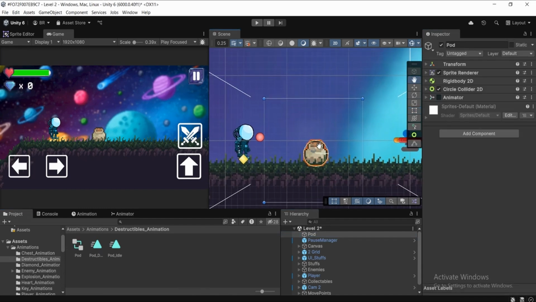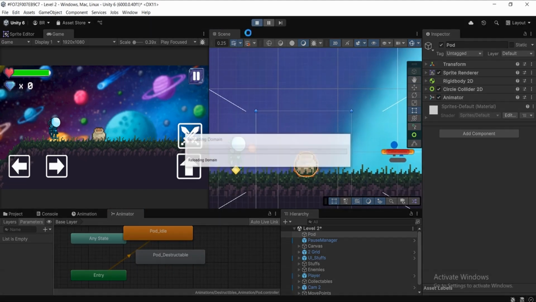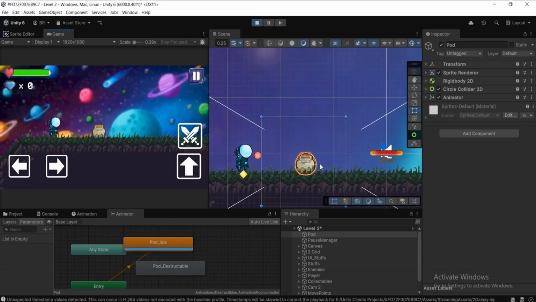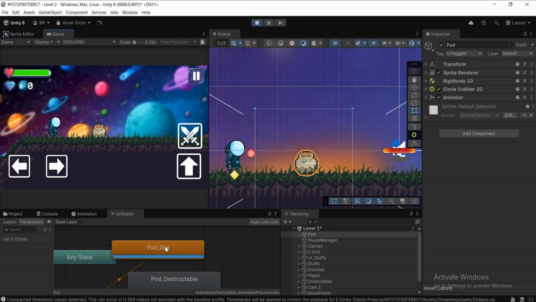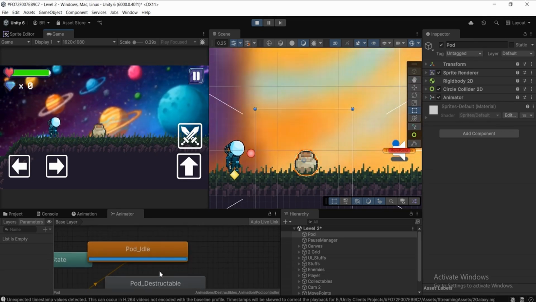And now we need to make a transition between these animation clips. If I go ahead and click on this play button, you will be able to notice this pot just plays the pot idle animation clip right after the game starts. You can notice in your animator tab that as soon as our game starts, this pot plays the pot_idle animation clip. So we also need to make a transition to pot_destructible. As you can notice, as soon as our game started, this pot just played, or got stuck at, the pot_idle animation clip. So we also need to make a transition from pot idle to pot destructible,